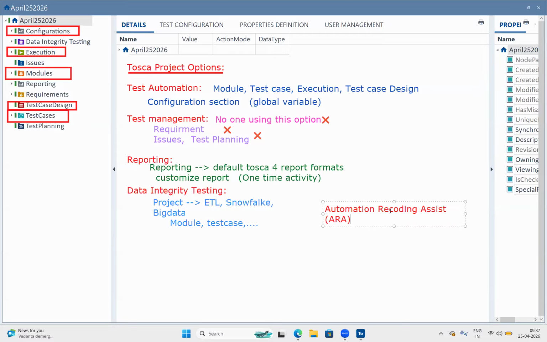We call it ARA for short. Using this Automation Recording Assistant, you can record manual test cases. If you want to prepare a manual document, just record it, and even automation.